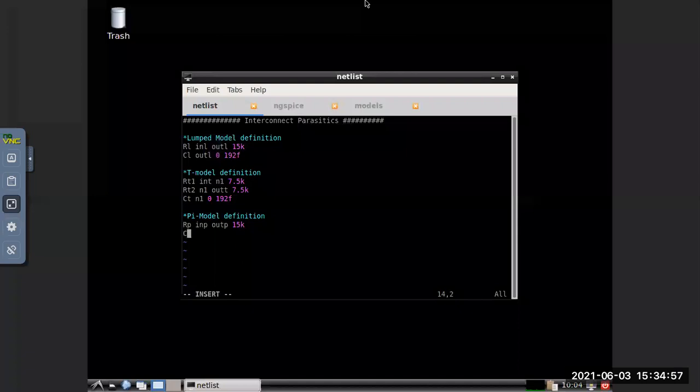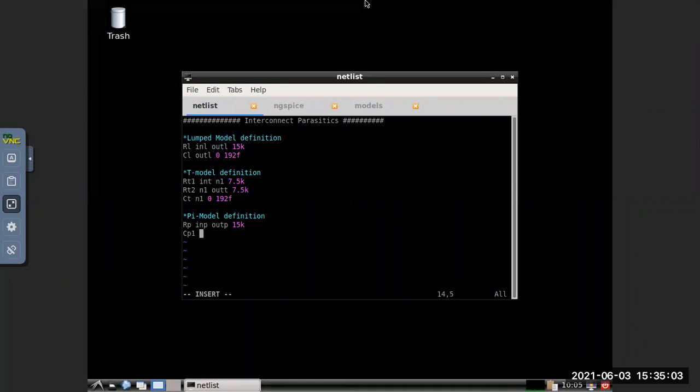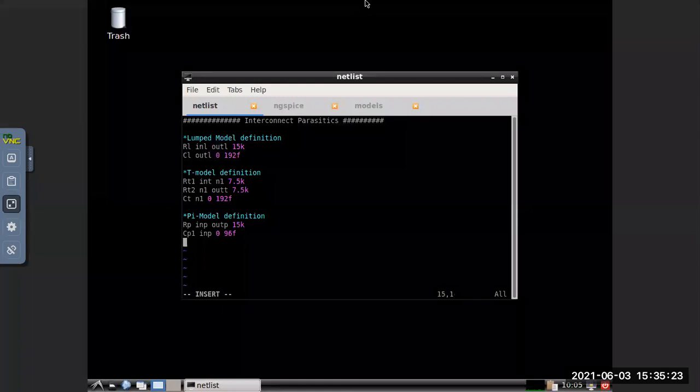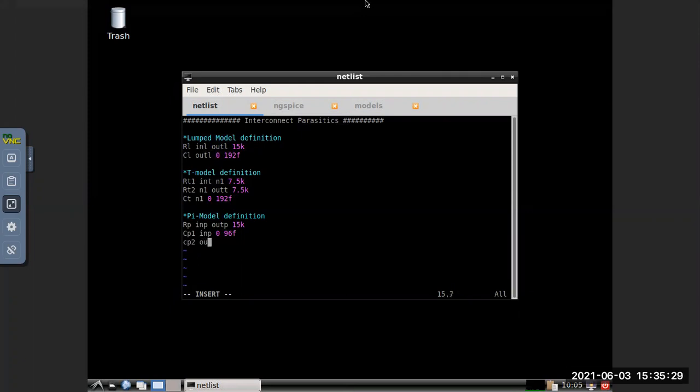Then CP1, this is in P, 0, 96 femto. Then CP2, then out P, 0, 96 F.